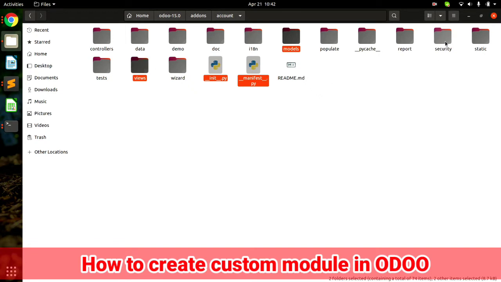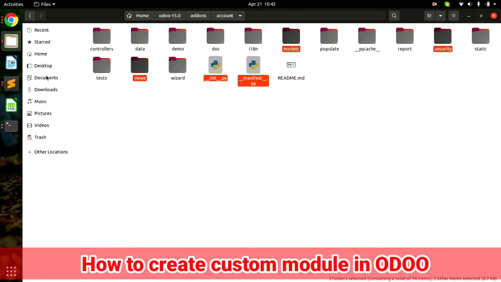And again the most important is the security folder. Without security we can't see our module or any of our XML file, because in Odoo 15 we have to give access rights to each and every object we create. So whatever we create in the models, we have to write the access file in the security folder.